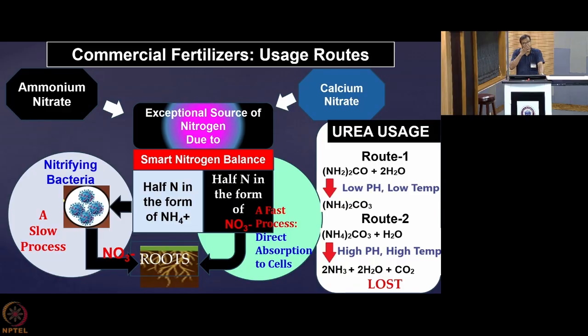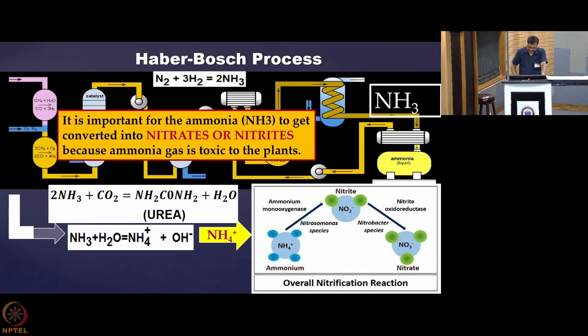Now, the problem is that depending on your pH level and the temperature, it may happen that ammonium ion will form ammonia gas and go into the atmosphere, or it may happen that ammonium ion is coming to the bacteria and forming the nitrate, depending on the pH and the temperature. So, it has been estimated that only a small fraction of the total urea that has been applied to the field ultimately reaches the plants.